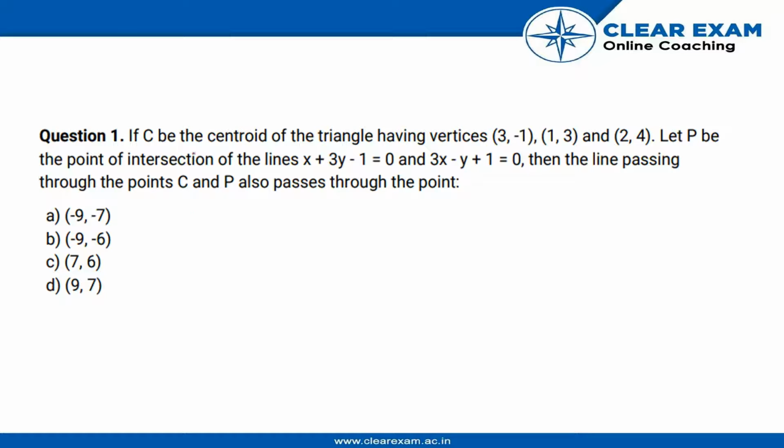So our question is, if C is the centroid of the triangle having vertices (3, -1), (1, 3) and (2, 4), and P is the point of intersection of the lines, and these are the equations, then the line passing through the point C and P also passes through the point. So